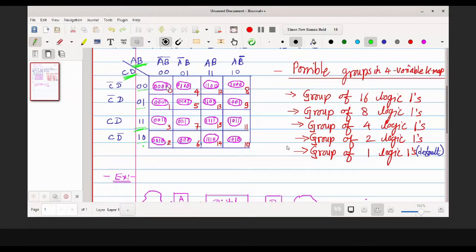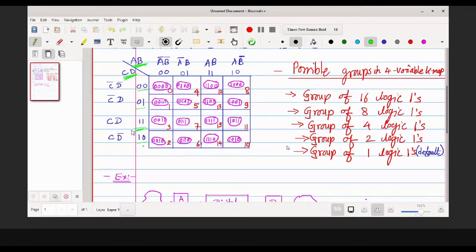So the very first min term is 0 0 0 0, that is A bar, B bar, C bar, D bar. Then the next min term comes as 0 0 0 1, so A bar, B bar, C bar, D, and so on. It goes up to, let's say, again I will take